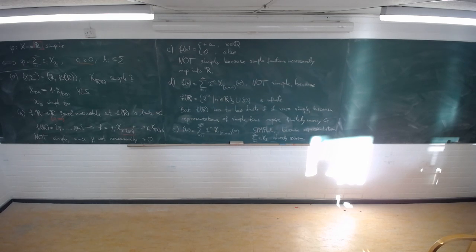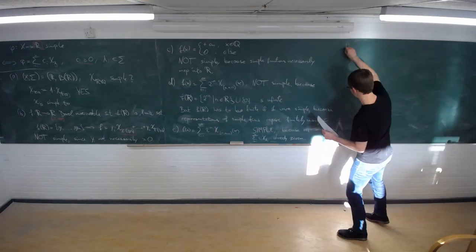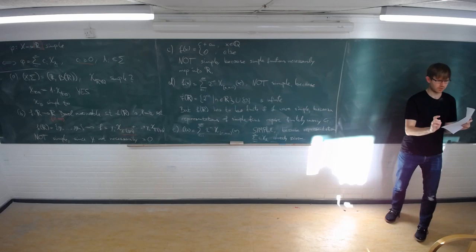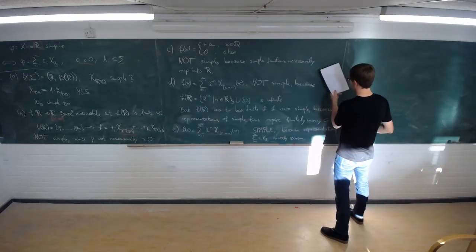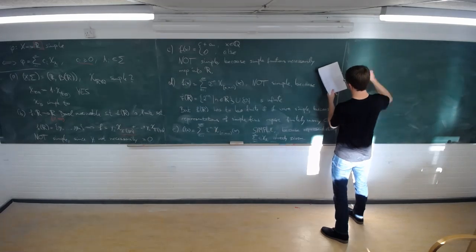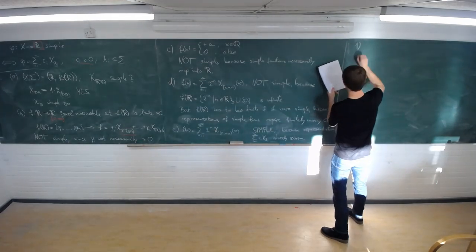Maybe we could do, so on sheet 5, all the exercises of part B were rather short, so maybe we can do one of them now, and then move on with the lecture. I guess not everybody has sheet 5 in front of them, so I'll just ask you which exercise you want to see of the remaining 4, and then we'll do that. So the first exercise was